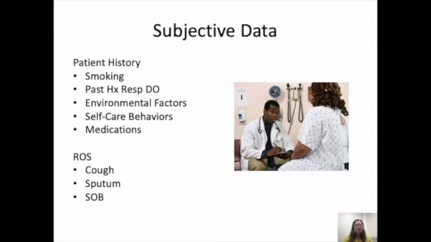Also ask about their own environmental factors, and this could be connected to their occupational hazards. What do you do for work? Where do you live? What type of ventilation do you have in your workspace? And then if they're monitoring their exposure, what are they doing to take care of those things that they can't really control? Sometimes you can't control that you live in a certain space or that you work in a certain area, but